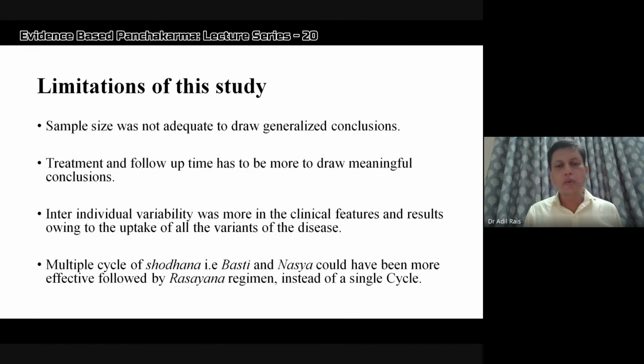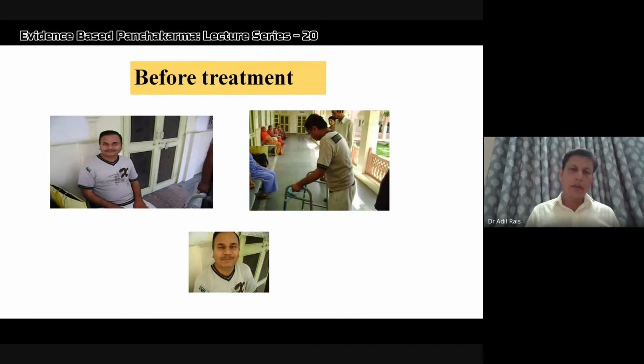So multiple cycles of Shodhan is a recommendation which will also be given for future studies. Now there are some video clips which I want to show to all of you because it will help in understanding that